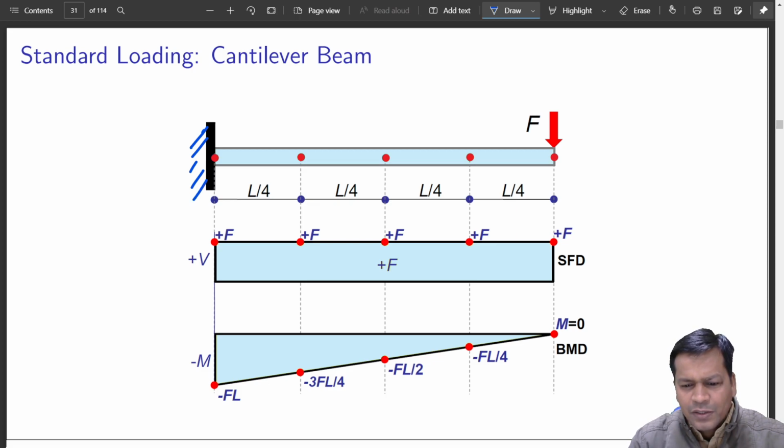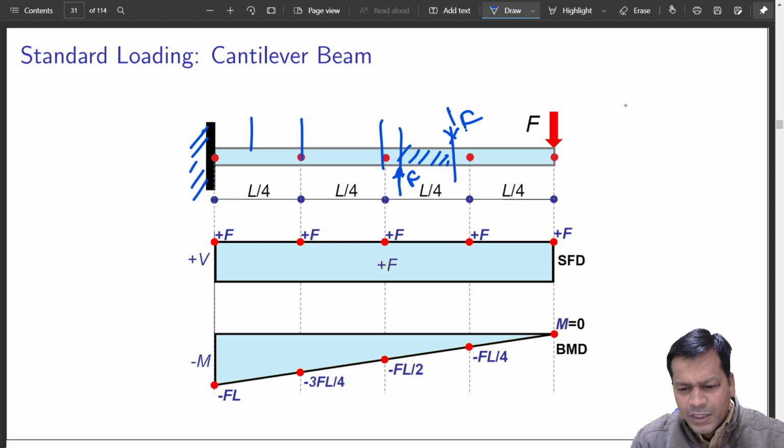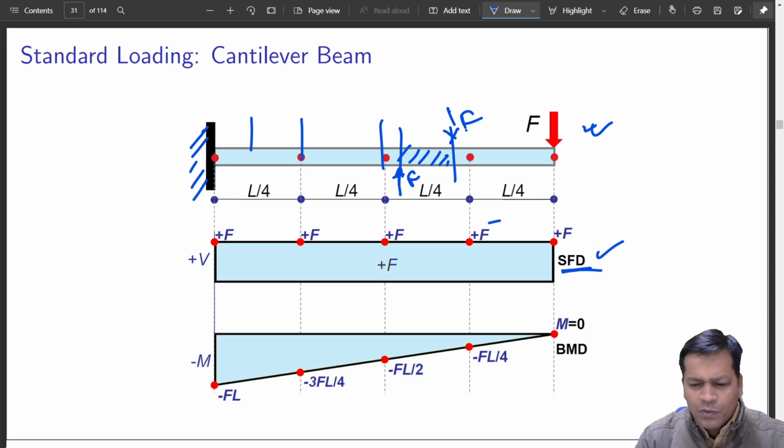So if this is the case, the whole of the beam will see a shear force. Shear force means if you take any section of the beam, one half will have a force F going downwards, the other half will have a restraining force. That means it tends to bring back the position by an equal and opposite force, that is F. So overall shear force at any position on this beam will be the same, that is plus F. That is how the shear force diagram will vary.